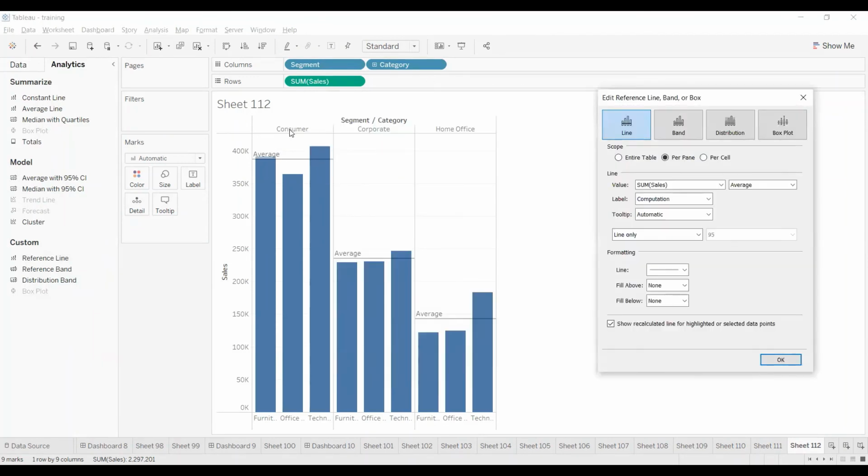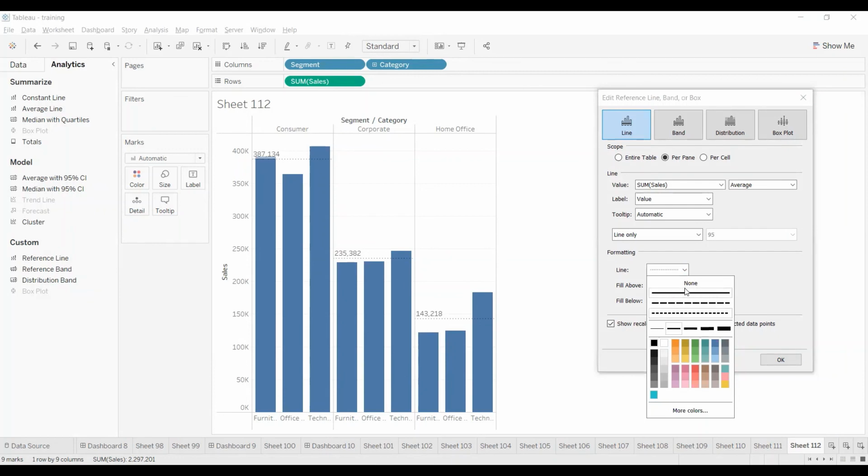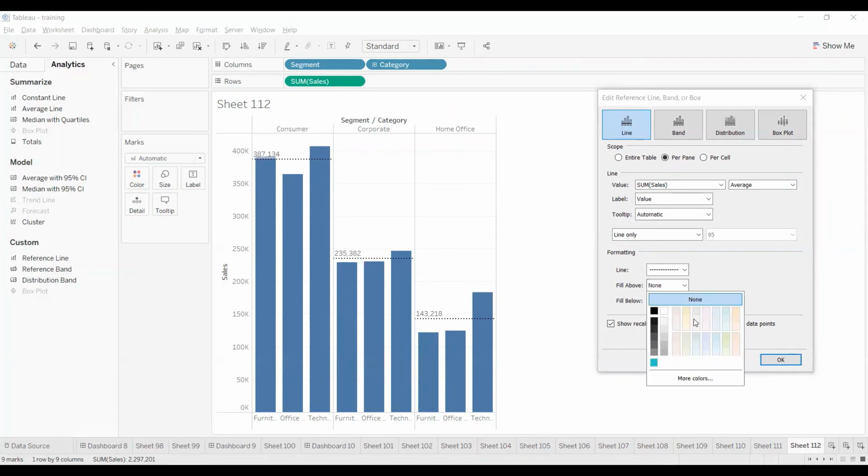So it considers consumer under furniture. What is the average, or the constant, or the minimum? What is the minimum value line? Whichever I want, I can give. I'm going to take the average value, so make it average and take it as value. So I'm getting the value and putting it on a line. I'm just giving a simple example. This is the way you can achieve all these things.